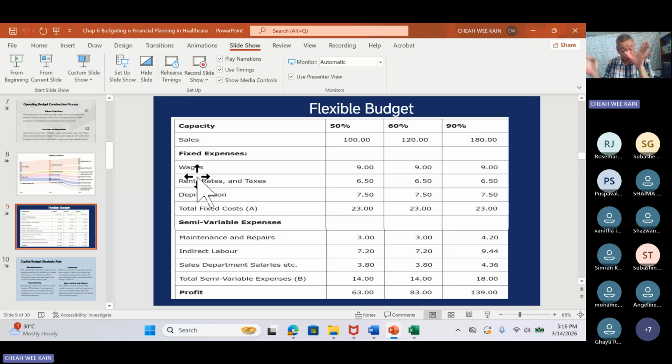month. Okay? Now, after 3 months, let's come to April. In April, we have January, February, March actual, and then we revise May, June, July, August, September, October, November, December. 3 months actual, 9 months revised. Because based on 3 months actual, we will know what's going on in the actual situation. We may have to revise the plan. So that was a company that I worked for, an American company, semiconductor in Malacca.